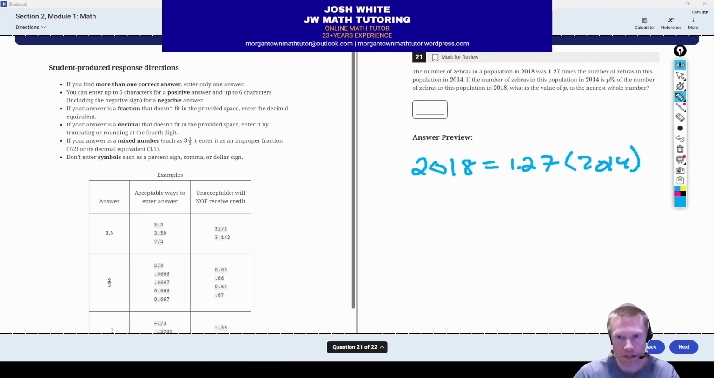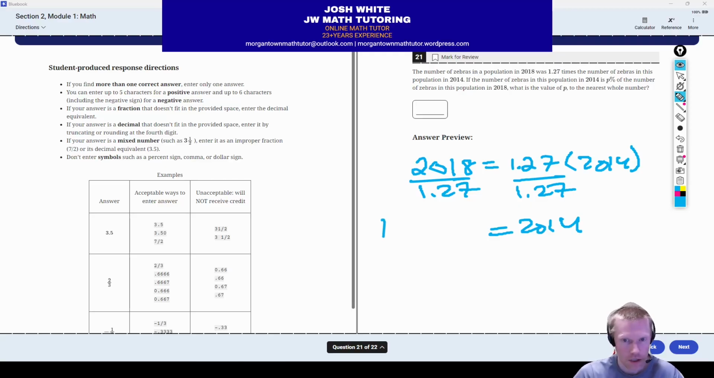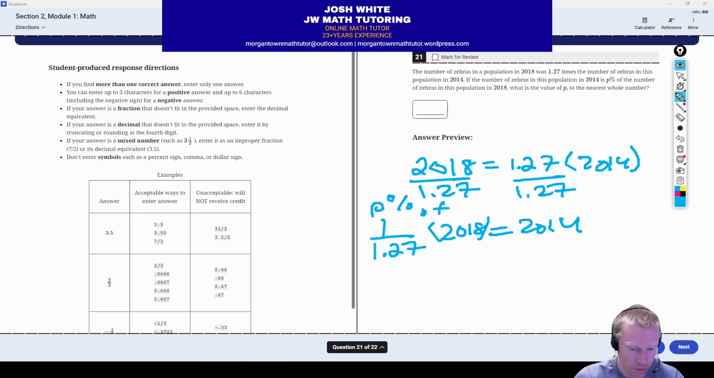All you're doing is taking this equation and rearranging it so that it's 2014 equals everything else on the other side. So you divide by 1.27 and you basically have the 2014 number is, and I'm going to separate this out, 1 over 1.27 times the 2018 number. So now this part on the left matches this, the p percent of 2018. So you just do 1 divided by 1.27. That comes out to 0.787,